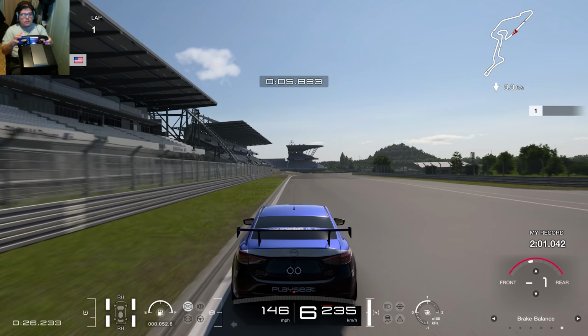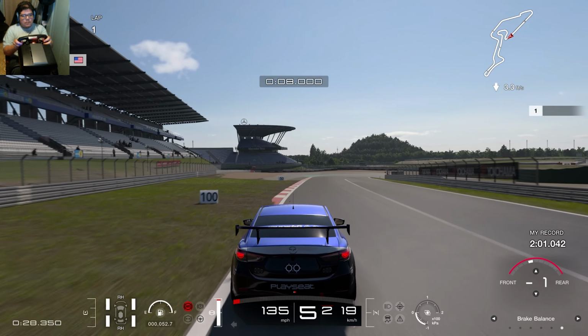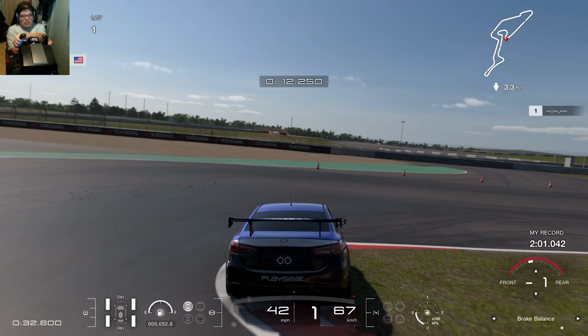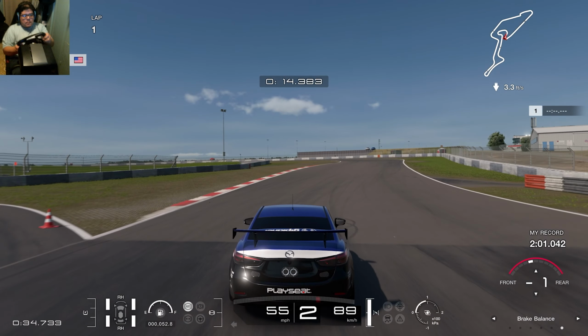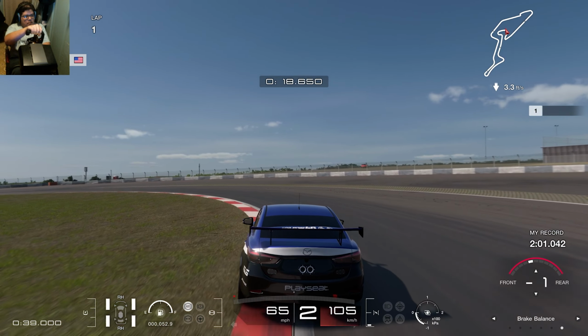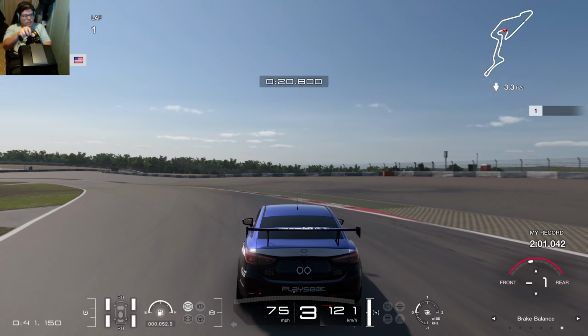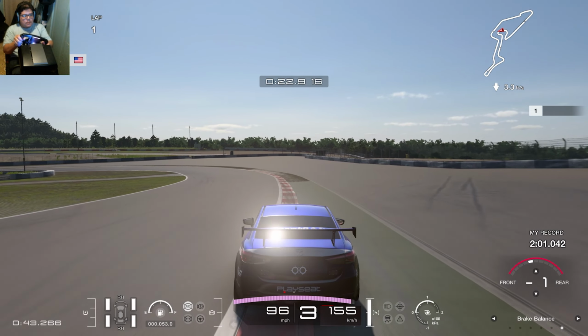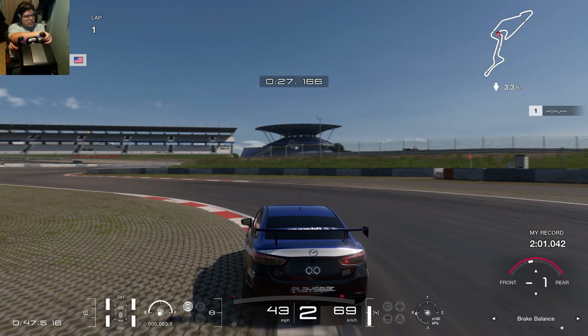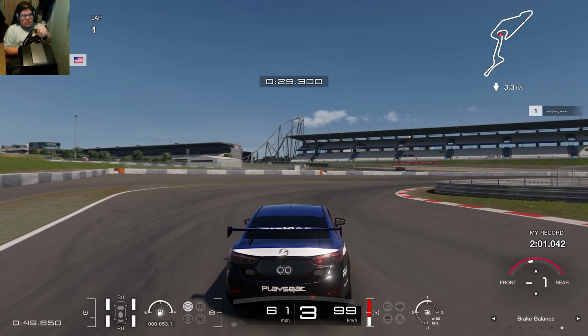You can actually see my car going a bit faster than the Ghost. That's the high RPM turbocharger at work, so you want to be revving the heck out of this car. And this car, it is willing to turn in a bit more, but you also need to bounce the throttle quite a bit to try to make the car turn in even more. That is something I kind of found out later on throughout the night